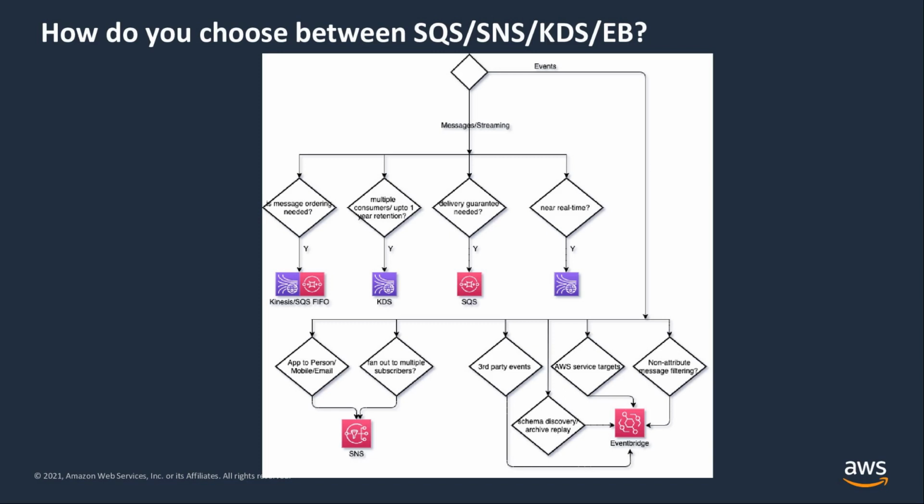So this is a bit of an eye chart. This is not intended for you to memorize, but how do you choose between all these different services: SQS, SNS, Kinesis data streams, EventBridge. It's complicated, right? So we have this flow chart, and these are the kinds of things that we want to keep in mind. And again, this is in the documentation, so we can send out links to this as well.